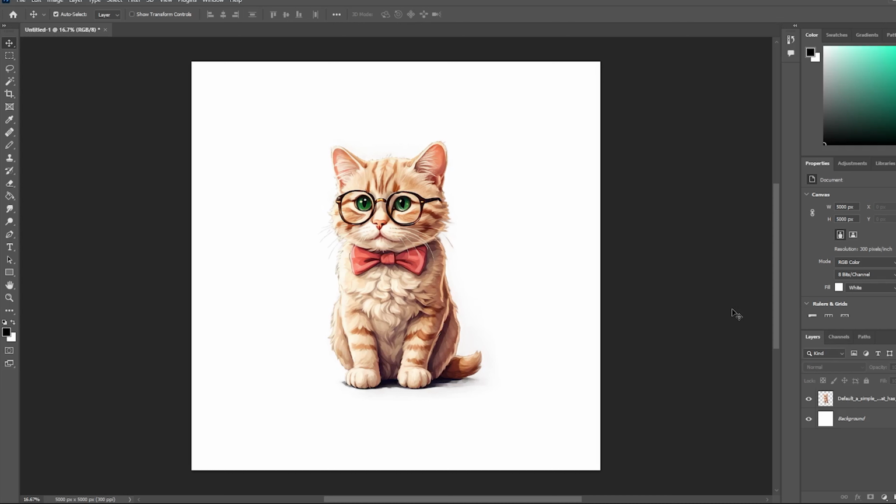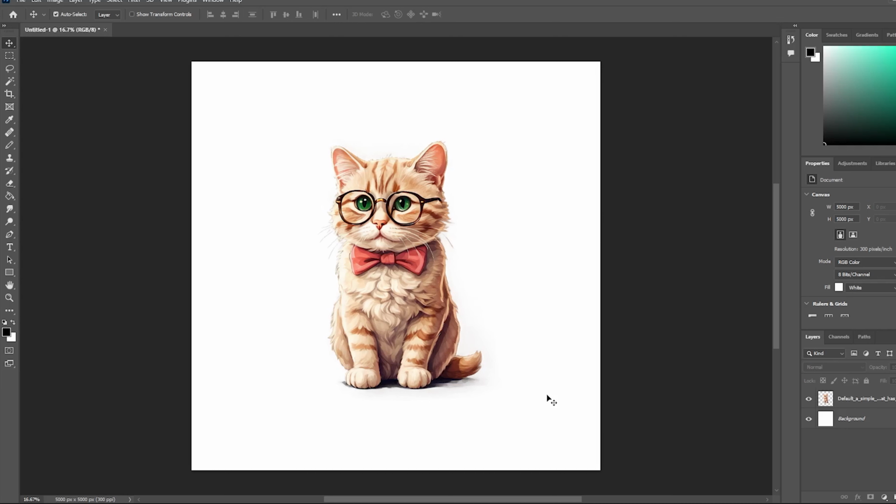A drop shadow simulates a light source shining on an object or a piece of text, casting a shadow behind it. This makes the object appear to stand out above the background. Drop shadows work especially well on images with lots of blank space, like photos with a white background.